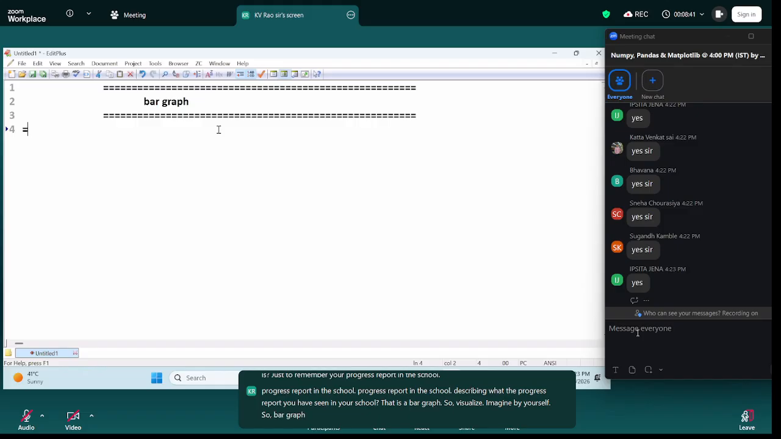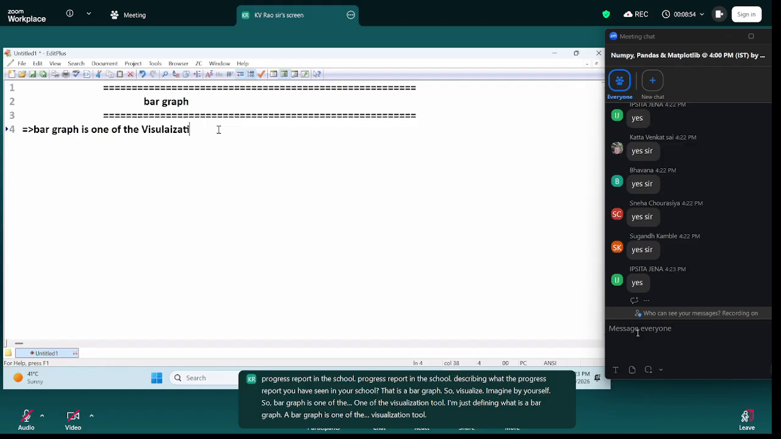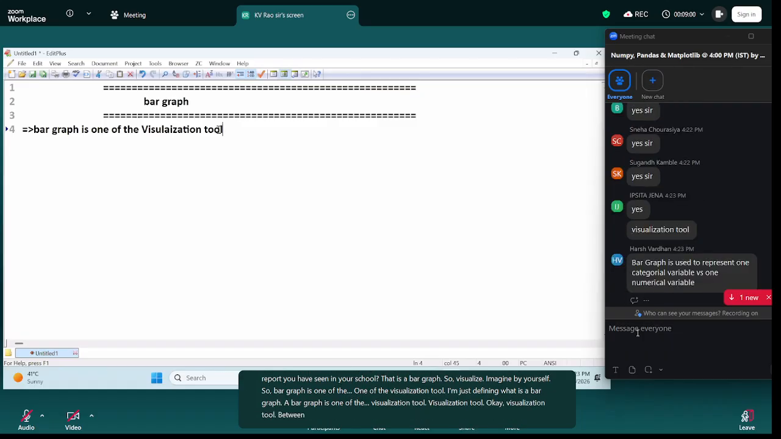Bar graph is one of the visualization tools. I'm just defining what a bar graph is. A bar graph is one of the visualization tools. Between what to what? Numerical values and categorical data. It is one of the visualization tools